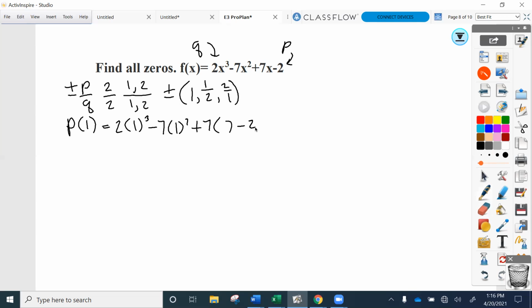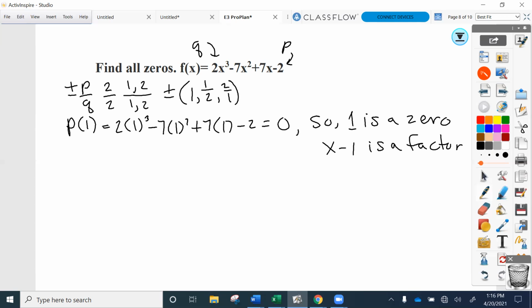7x minus 2. You put 1 everywhere there, you would get a 0. So you know that 1 is a 0. And if 1 is a 0, then x minus 1 is a factor. Okay, so now let's do synthetic division with 1, since we know that it is definitely one of the solutions